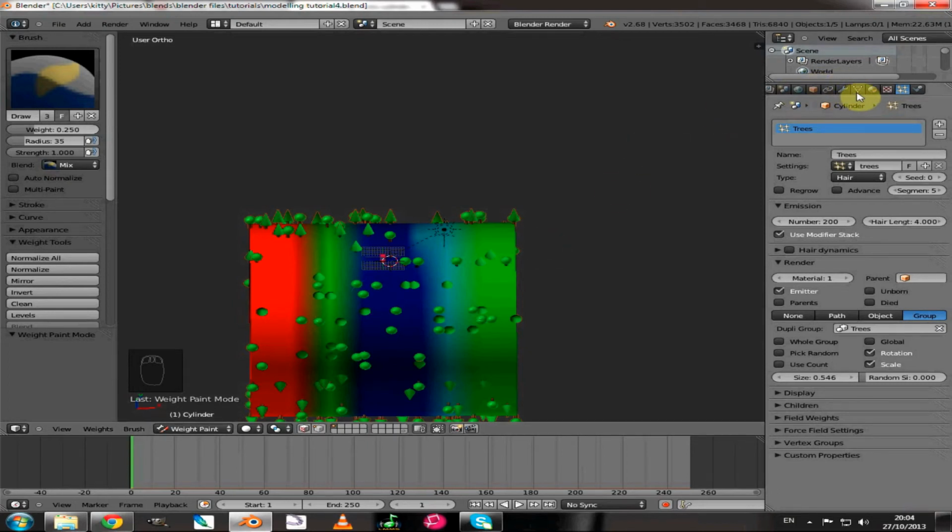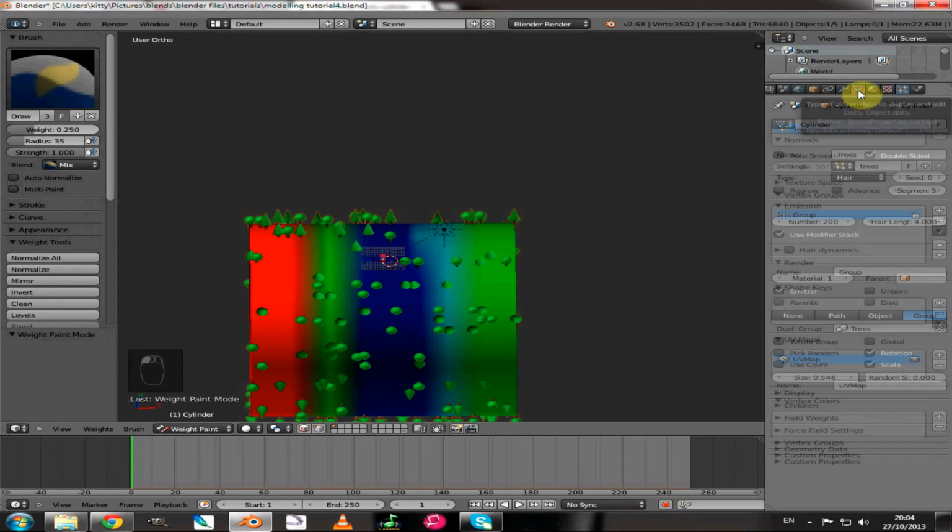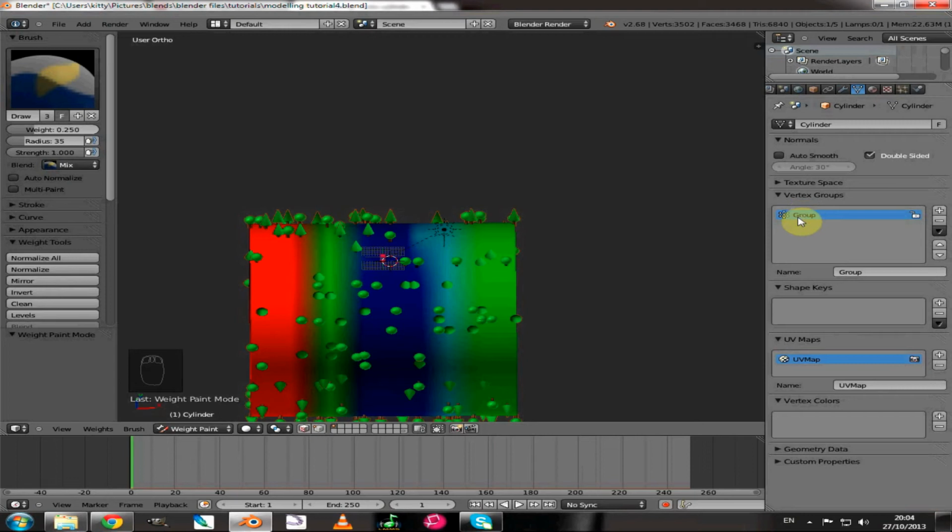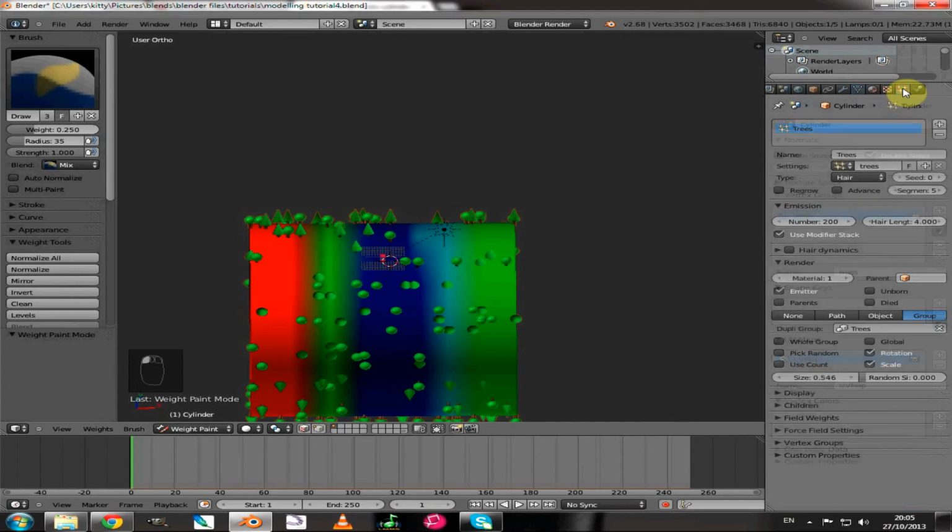If we just take a look here under the mesh data panel, it gives our vertices, and it's automatically created a vertex group when we started painting, but we can rename that to trees, so we know when we come to select that vertex group, it's the group that's going to affect the placement of the trees. And now with that done, we can go back to particle mode,